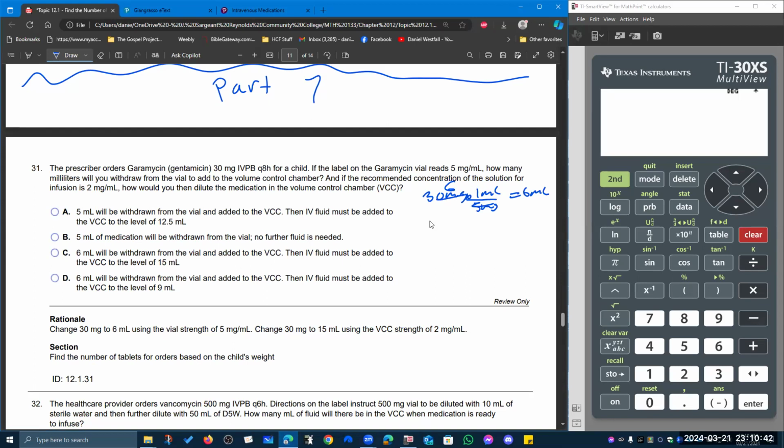And then if we have 30 milligrams is to X, and the concentration needs to be 2 milligrams per milliliter, then milligrams will cancel. 2 goes into 30 15 times, and I need to come up to the 15 milliliter mark on my volume